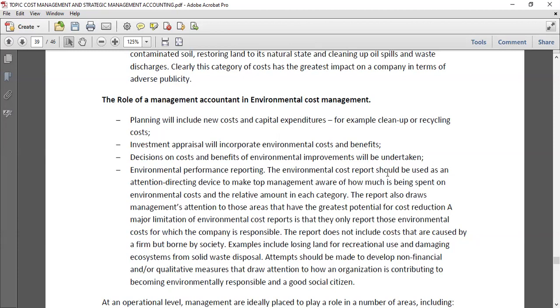And our recording of these costs would include things like planning, okay? And including these new costs and capital expenditure, things like investment appraisals. And investment appraisals should not only look at the general costs and benefits, but should also touch on what is the impact of such an investment on our environment and what are some of the costs that we might incur, okay? If you're dealing in a mining and oil company,